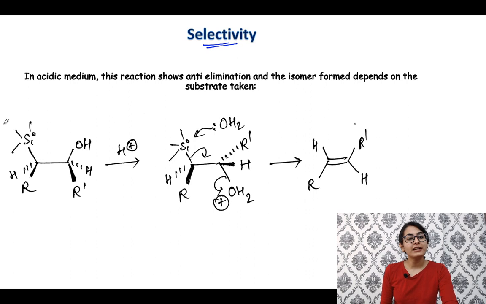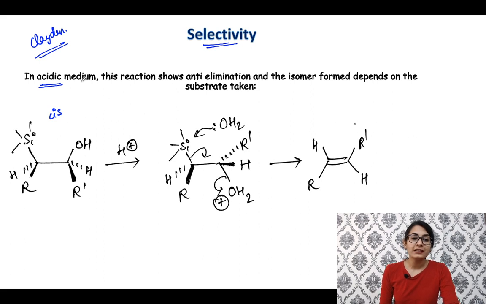That is, guys, if we are starting with a cis molecule, that is both of the alkyl groups are on the same side and both of the hydrogens are on the other side, and let's say I have kept the silicon and hydroxy group over here like this. Now it's a very important reaction, and I hope that you understand what is stereoselectivity in reactions. If you are new to this, I would suggest you to study it from Clayden a little bit, stereoselectivity, stereospecificity.